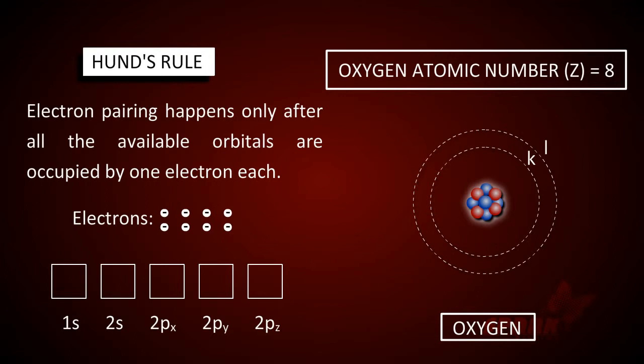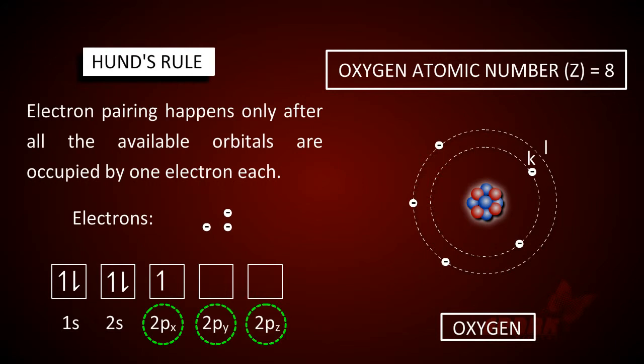The first electron goes into the 1s orbital of the K shell. The second electron pairs up with the first electron in the same s orbital. Similarly, the third and fourth electrons will occupy the 2s orbital of the L shell. The fifth electron goes into one of the three p orbitals of the L shell. Let this electron enter the 2px orbital. Then the sixth electron will go into 2py or 2pz, but not 2px. Let's say it goes